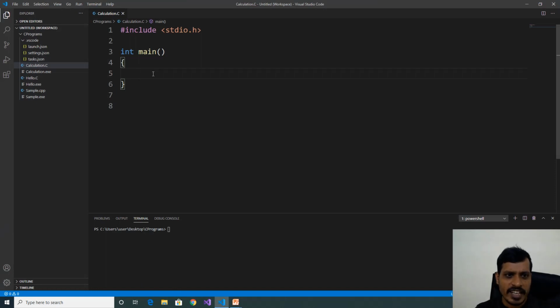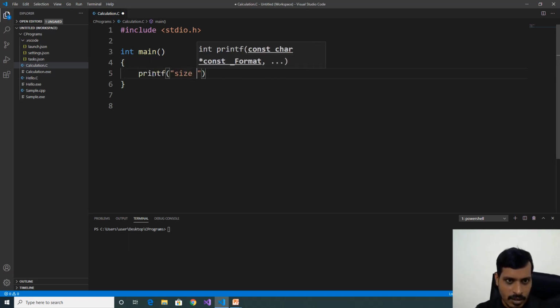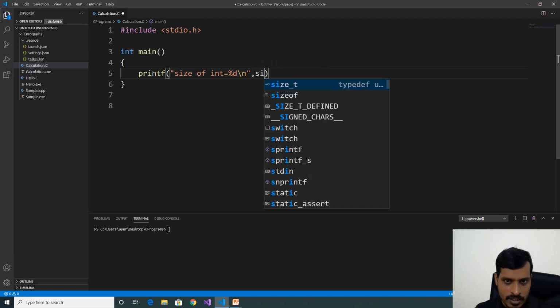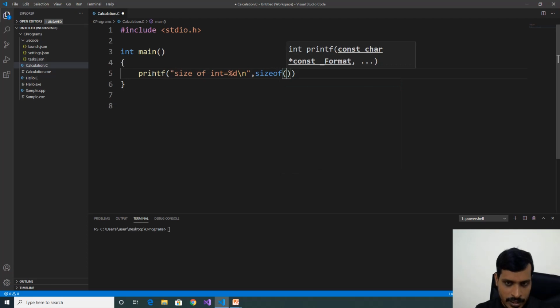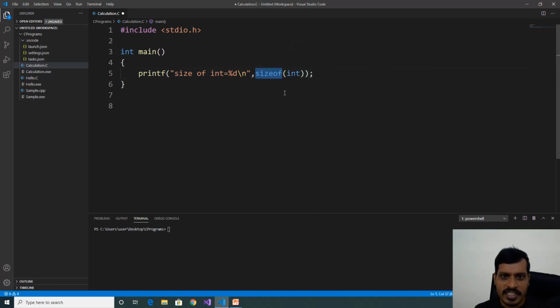Before finding size of an array, we need to find size of data type. For example, printf("size of int = %d\n", sizeof(int)). Here, the sizeof function will provide size of a data type.